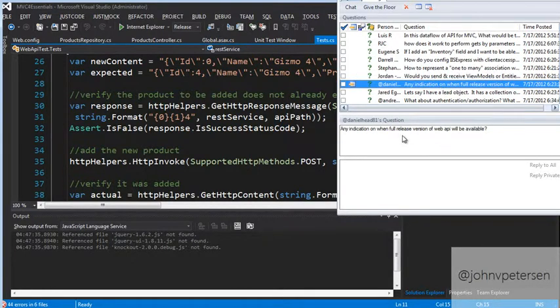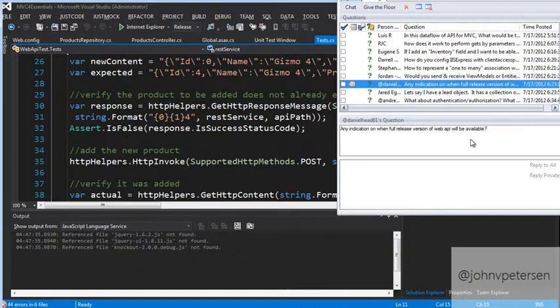Any indication on when the full release version of Web API will be available? So it does have a go-live license, and what that means is that you can use this in production work today. By the way, one other important point, this is all open source. Web API along with Razor Engine, MVC4, I think SignalR too, is all open source.